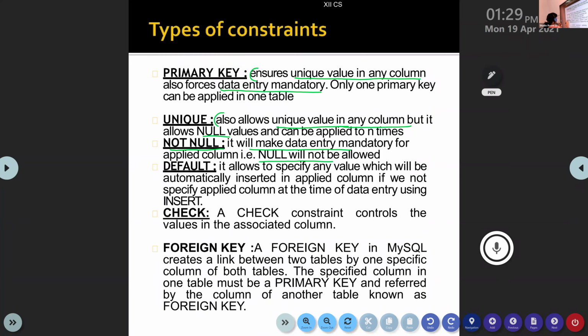That's the meaning of default. It allows you to specify any value which will be automatically inserted in the applied column if we are not specifying the value in the insert query.